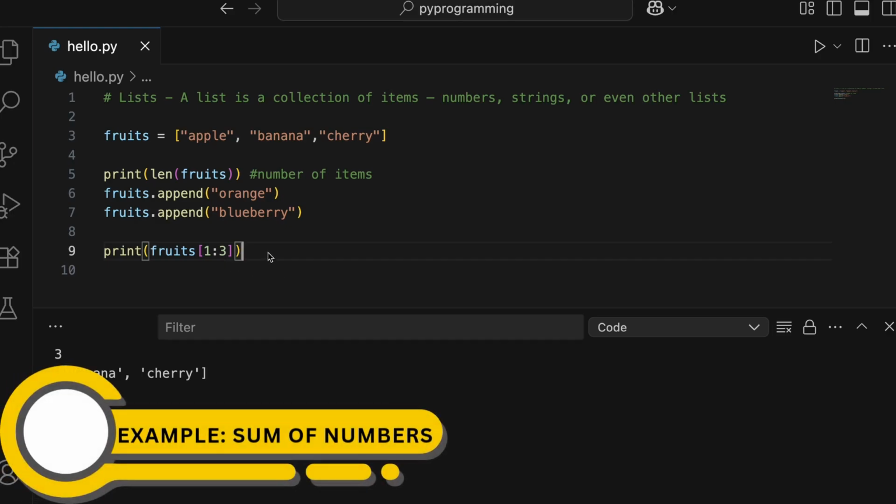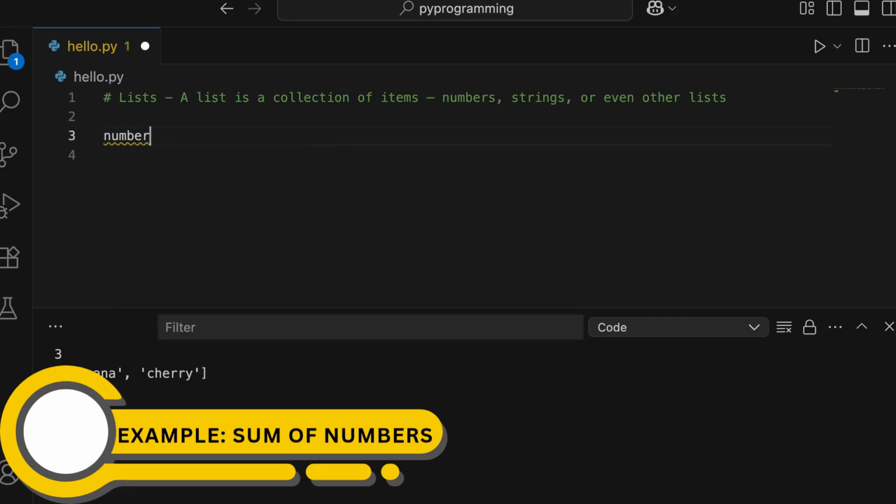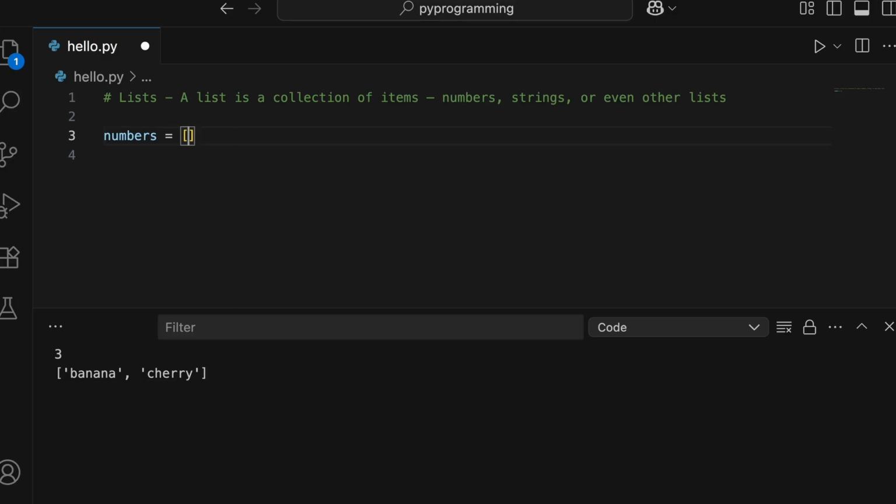Now let's go ahead and try something more with a list. So I'll create a list of numbers. Let's give a few numbers here. Let's say 10, 20, 30 and 40. So we want to add all the numbers inside this list. So for that, the first step is to run a loop over this list so that we can take out each and every element and then keep on calculating the total. So for that, let's also declare another variable as total and initialize it with 0. Then we'll write the loop.